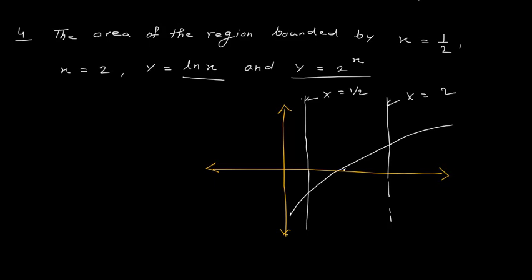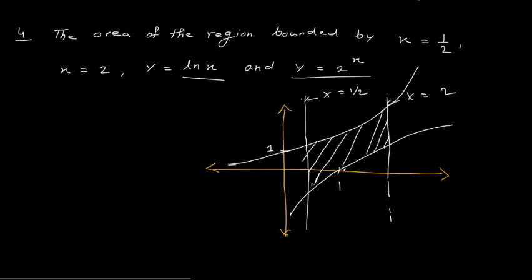And for exponential curves, if you draw the graph, when x is equal to 0, we get y is equal to 1. So if this point is 1, here this point is 1, so this curve will go something like this. Okay, so this in between area, we have to integrate. This area we have to find out. If you analyze this diagram,